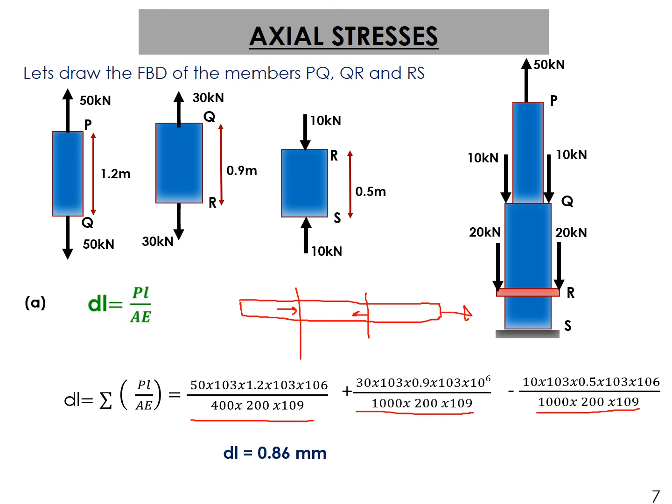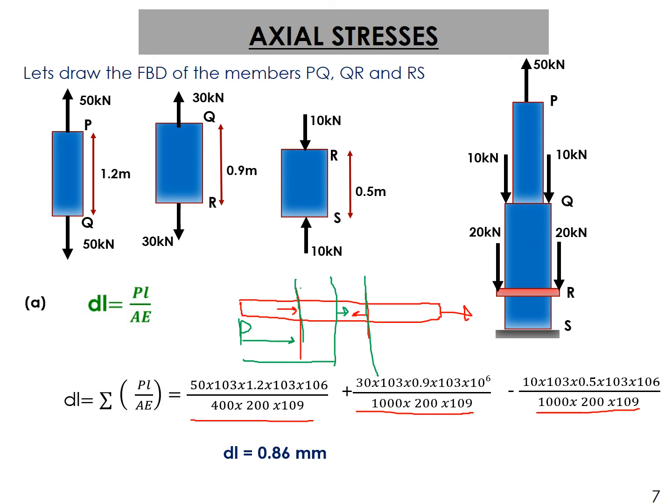So for that, again, you have to find a free body diagram. How will you do that? Say this is one member, this is another member. Start from one end, say end P. From P toward this, let this be one member. Find the internal force at this point. Then the second would be this member. Take a section at this point, and beyond this section, consider all the loads and find the internal force at this point. Similarly, proceed for all of them.